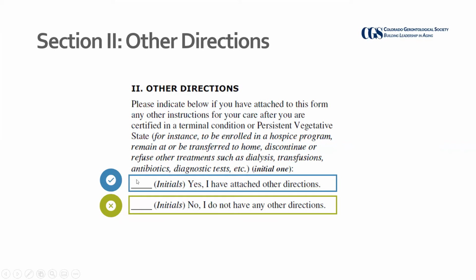And just remember, if you're going to select yes, you need to complete that document separately. So I recommend that you type it so it's legible and it's easy to read. You could also handwrite it, but know that if you're going to do handwriting, once again, we're going to use a pen, either black or blue ink, and we're going to make it legible so when this is used at the time of need, the person could read it, whoever has it in front of them, okay?